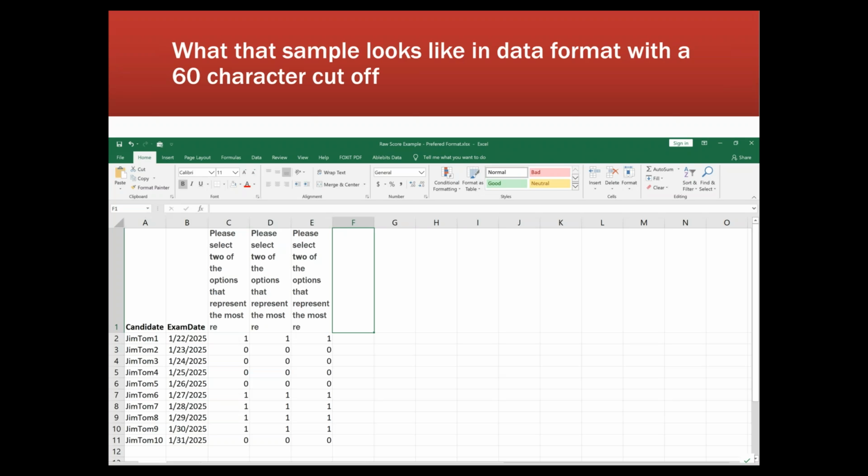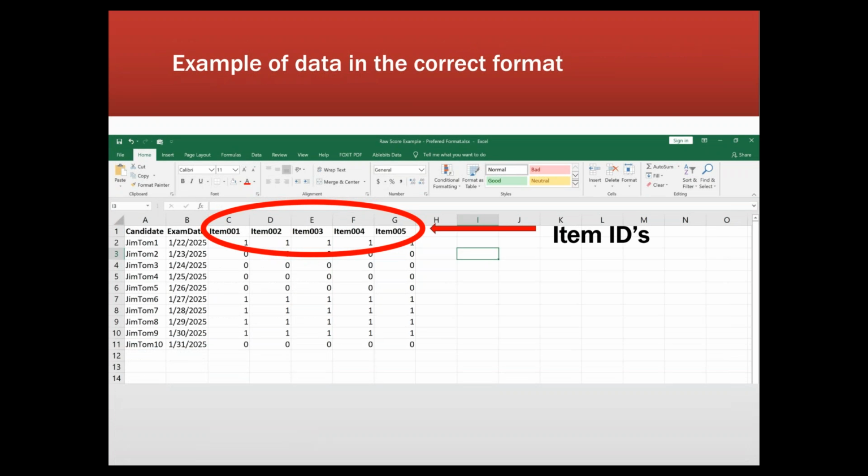Now, are there ways to get around this? Yes, even without using item IDs. But at the end of the day, especially when you take into account exam security, the most efficient way, the easiest way to make sure that everybody knows what everybody's talking about and your exam is secure is to simply use item IDs to identify the item that we're talking about. And we need those item IDs to occur in this first row, where you simply have item 1, 2, 3, 4. Your item IDs can be as complicated as you want them to be. They can be as simple as you want them to be, as long as they are unique to that item